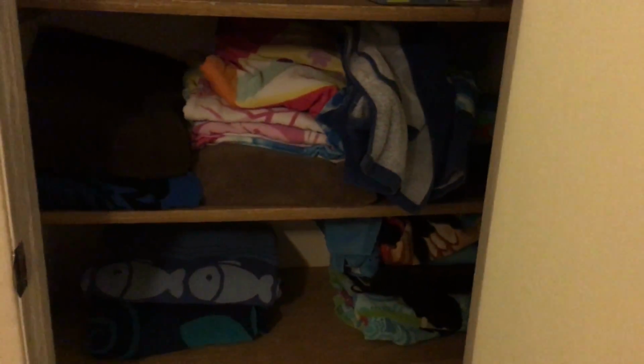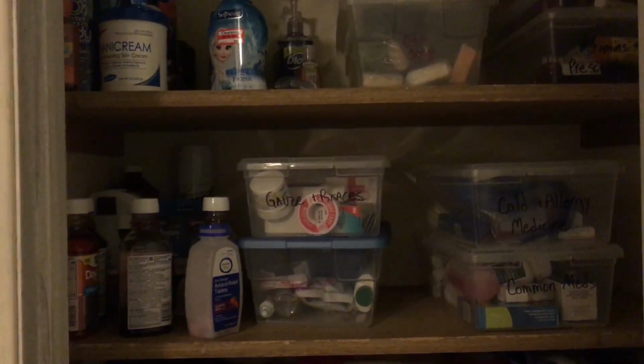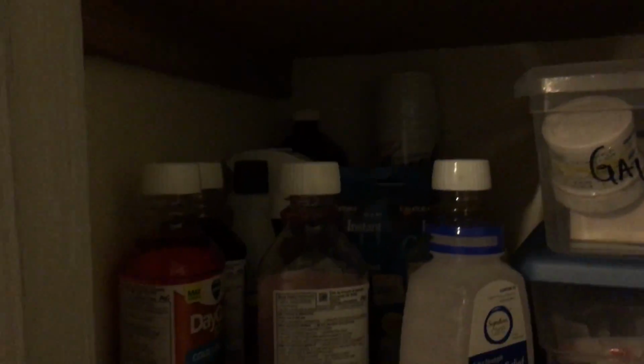Anyhow, the kids obviously can't fold towels. My daughter did this today. So I'll have to fold towels. But if you look at the rest of it, you can kind of see where everything is and what's going on with it. This is all my extra soaps. I was amazed. I pulled it out and I'm like, oh my God, I don't really need to buy soap for a long time. This is all medical